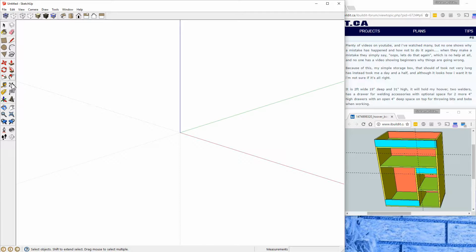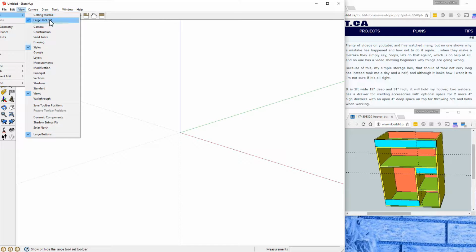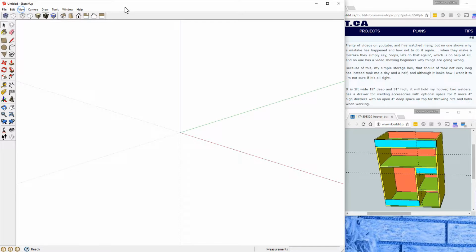So before I start, just pointing out that on the left hand side there I actually use the large tool set, which gives access to lots of buttons. I also use keyboard shortcuts, but I've tried to avoid those in this video so that you can see exactly